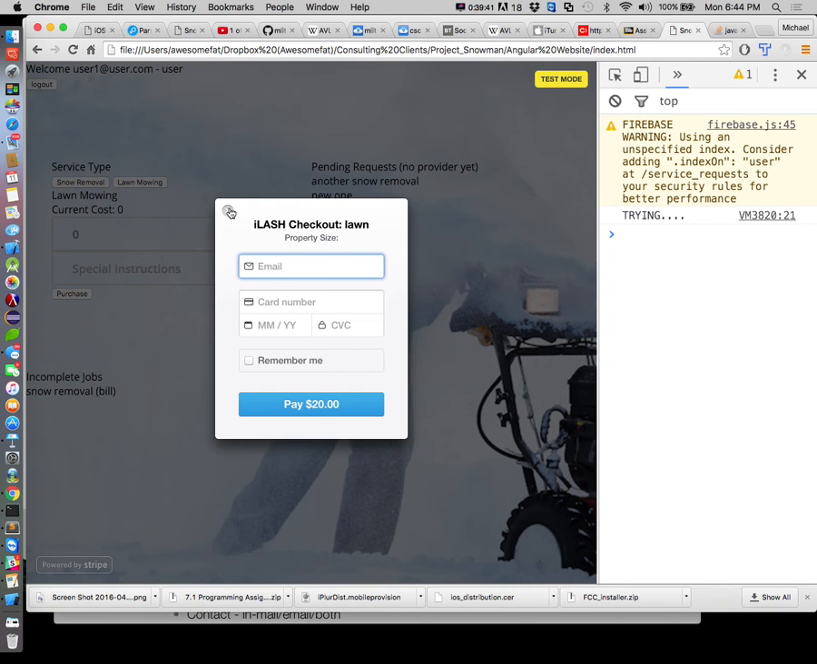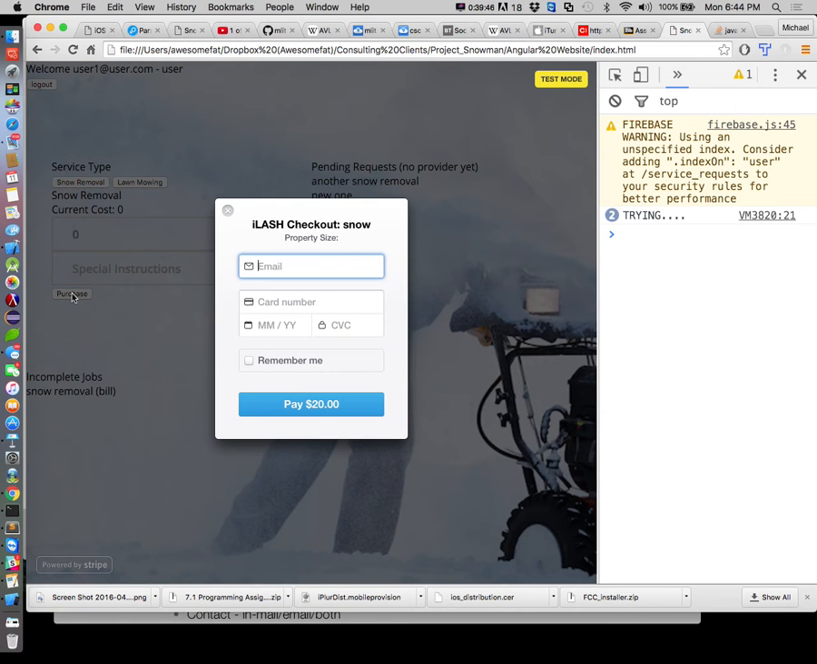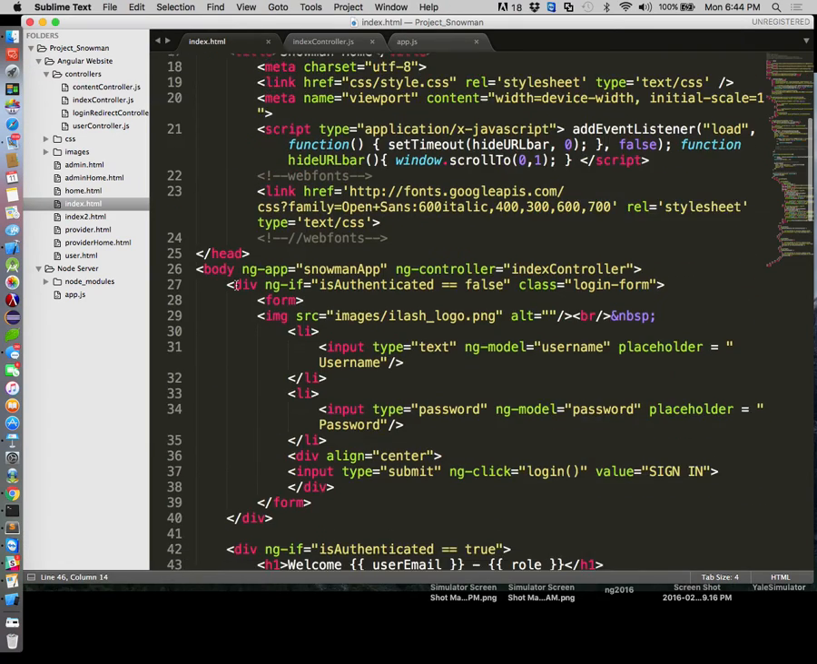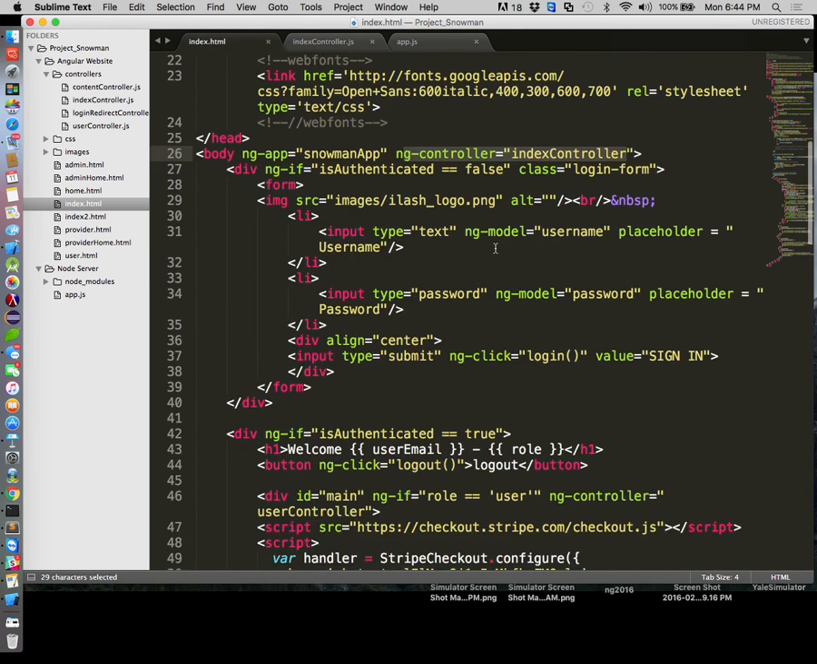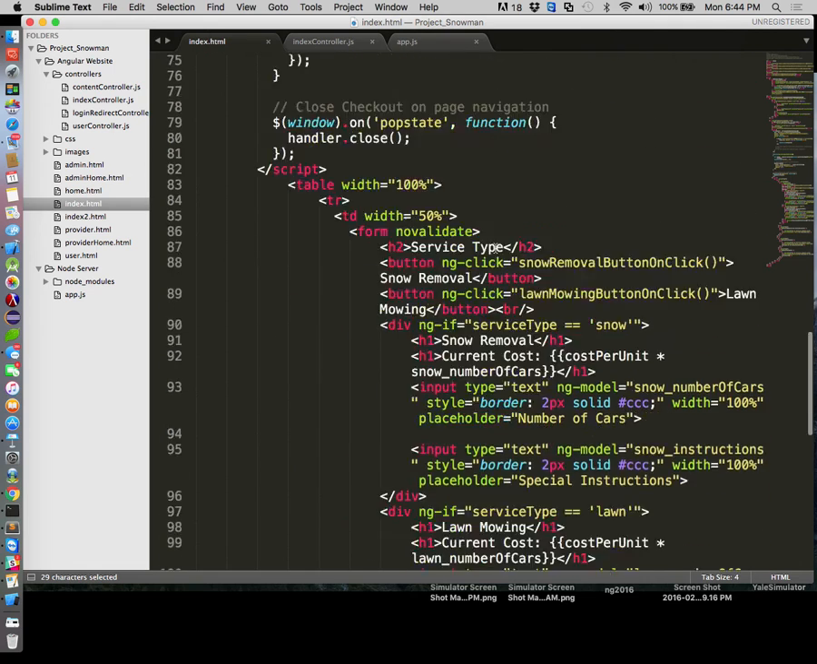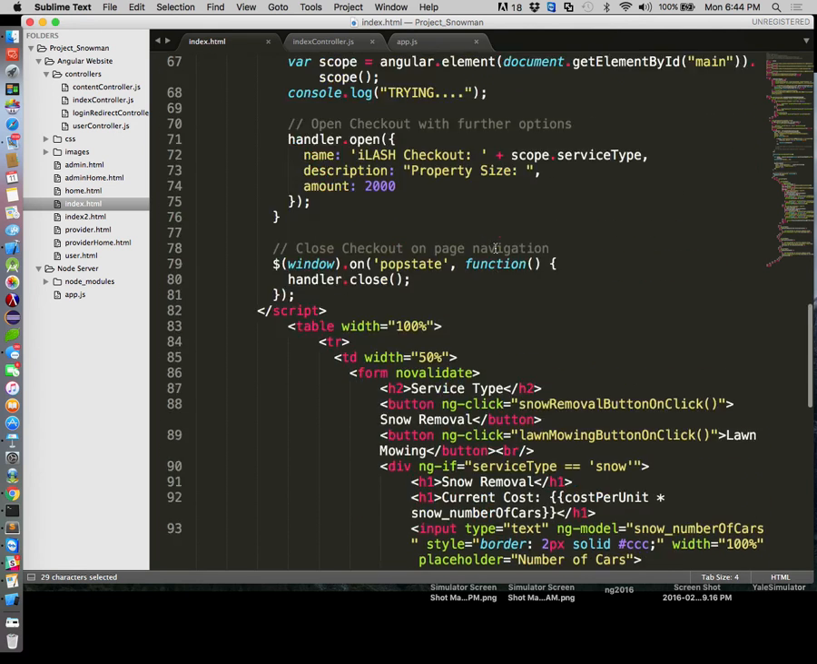Ah, lawn. Big money, big money, big money. Oh! So we had to move it inside of. So was it that when we had this guy as the ID, it only got the original scope because the controller hadn't taken over yet? All right, so now with that in mind, now we should be able to